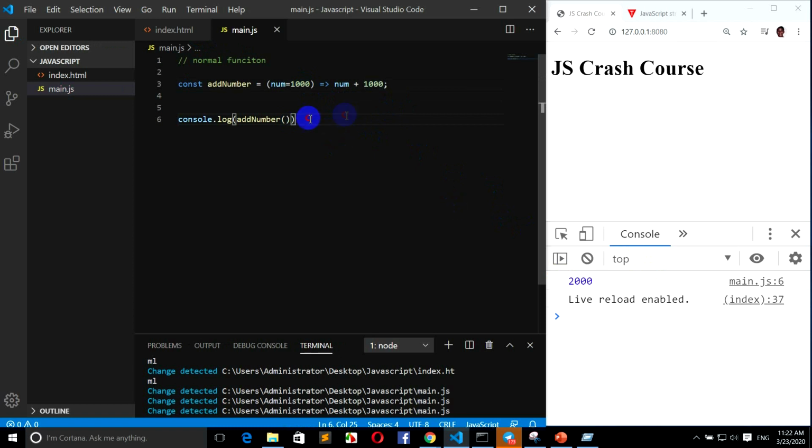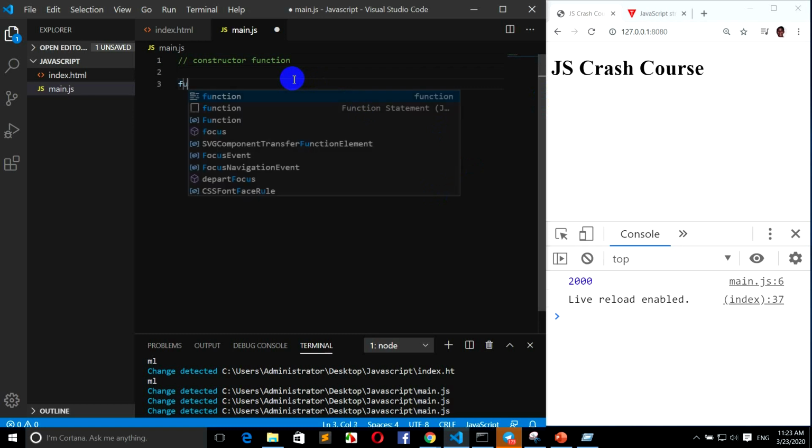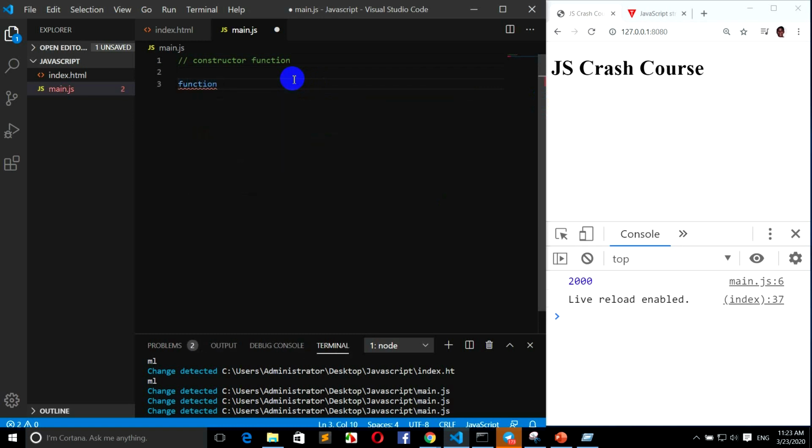Okay, everyone, now we move to the constructor function. Right now we create a function constructor. So now we move to creating a function constructor. First we create a function and we add Person. In Person we add a first name,